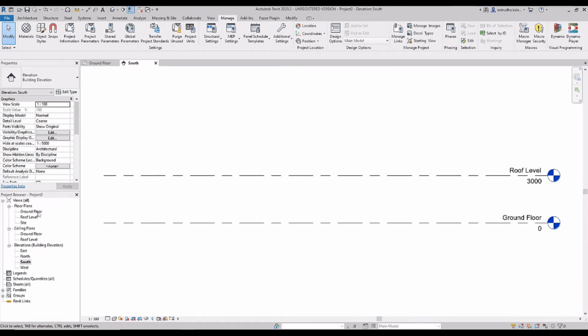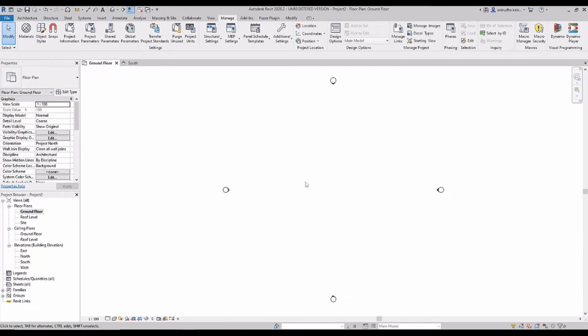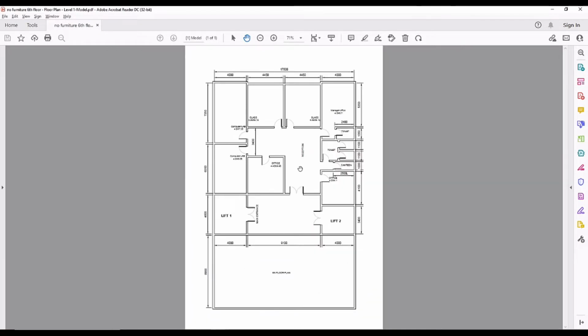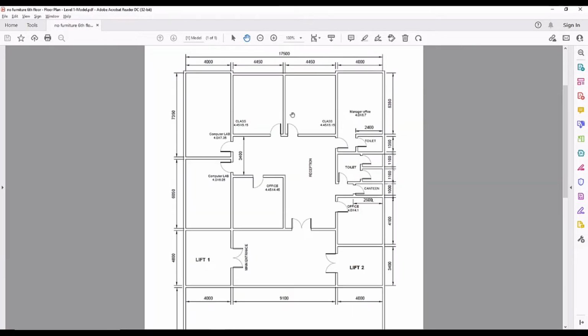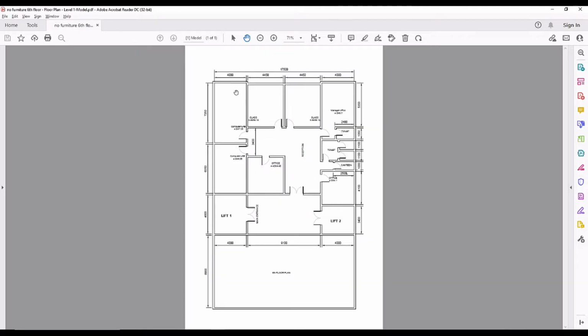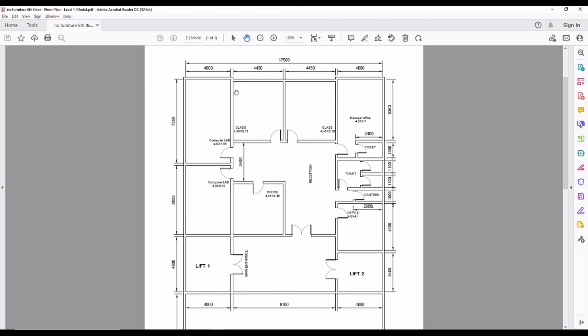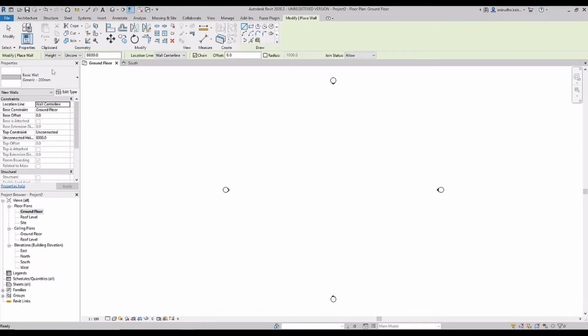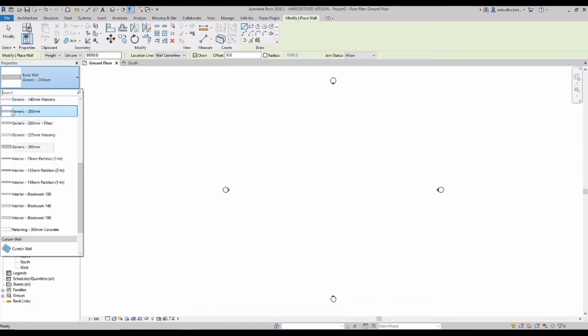So let's go to ground floor plan. Next, let's switch to the floor plan which we need to create. In this PDF you will see this is the floor plan which we have to start with. As we know, the thickness of the basic wall should be 200 millimeter. So let's select the architecture tab, click on wall architectural, and then I will select basic wall